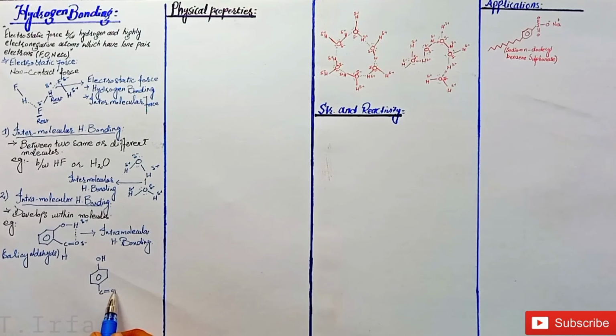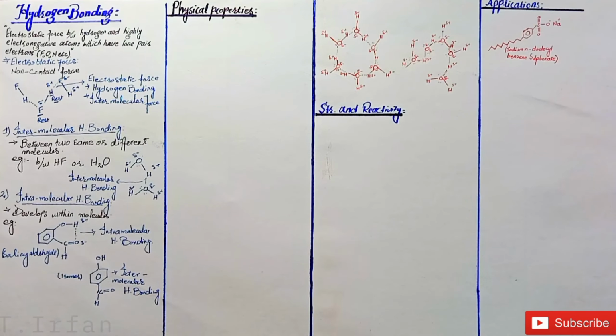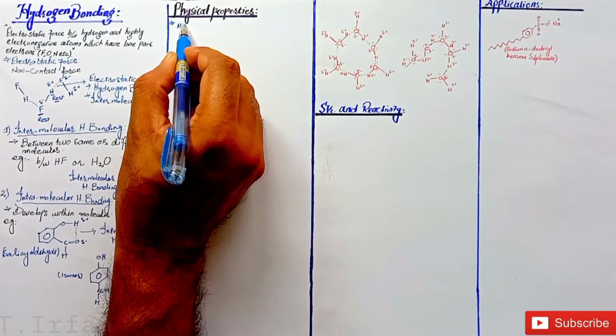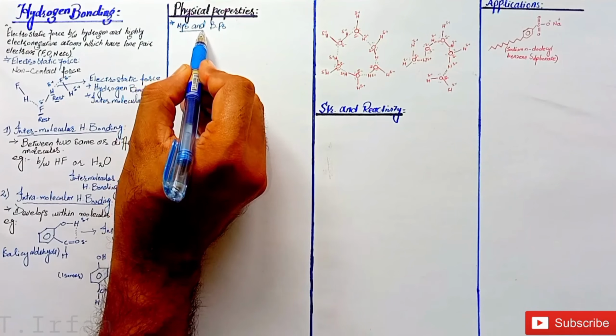These two isomers having different types of hydrogen bonding show different physical and chemical properties, such as the first isomer is less acidic, less reactive, and less soluble in water. And this one is more reactive, more soluble in water, and more acidic. Let us now explore how hydrogen bonding affects physical properties like melting and boiling point.